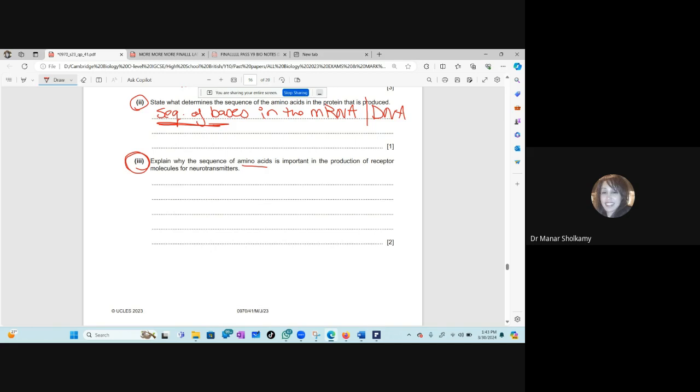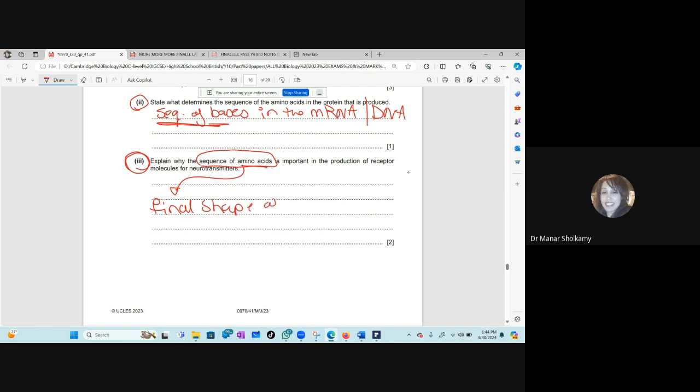Explain why the sequence of amino acids is important in the production of receptor molecules for neurotransmitters. Now, think: the receptors are made up from amino acids, so what are they made up of? Proteins. Now, the sequence of amino acids, why is the sequence important? So they have a specific shape, so that the substrate can fit in. Excellent. The sequence of amino acids will determine the final shape